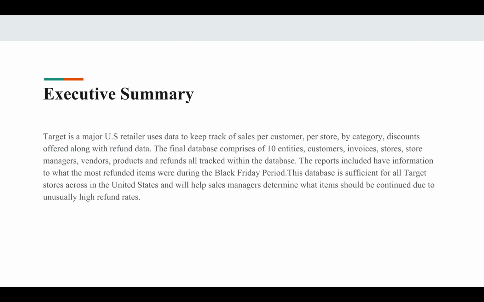First, for the summary, we chose Target as our major project. Target is a major US retailer that uses data to keep track of sales per customer, per store, by category, discounts, and offers along with refund data. The final database comprises 10 entities: customers, invoices, stores, store managers, vendors, products, and refunds, all tracked within the